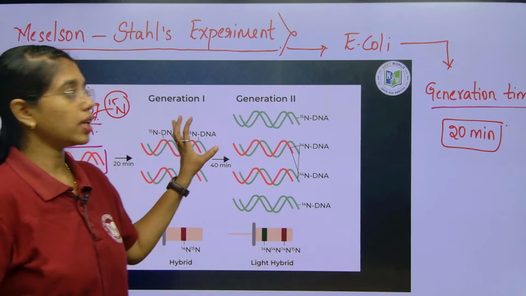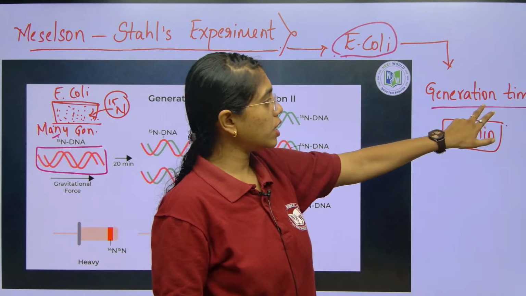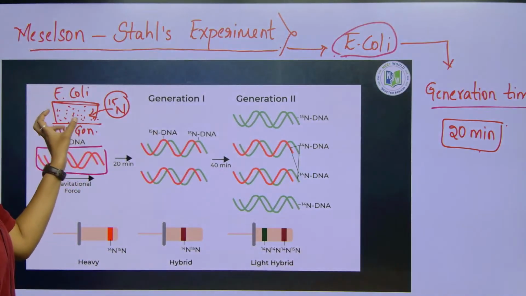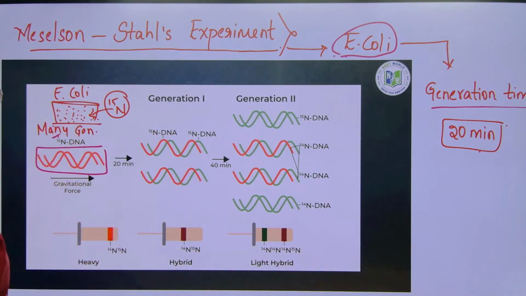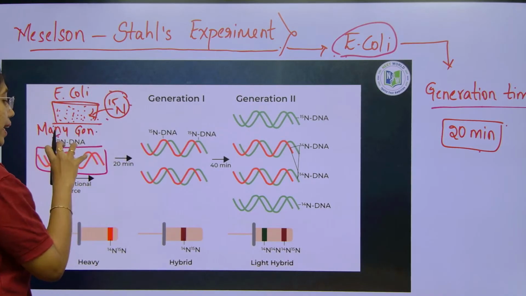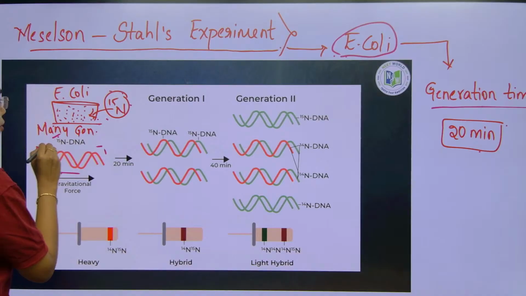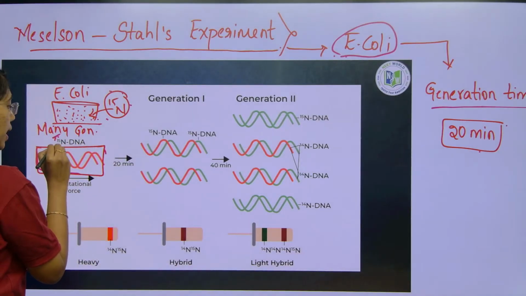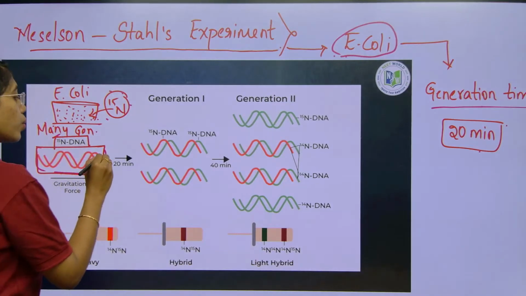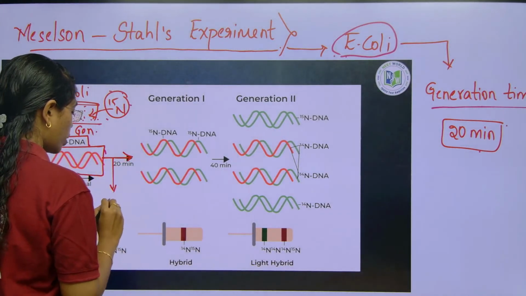So, initially, you are clear with Meselson and Stahl's experiment and the model organism, E. coli, whose generation time is 20 minutes. In the first phase of the experiment, E. coli is cultured for many generations with the heavy isotope of nitrogen, wherein this heavy isotope got integrated into the genetic material of E. coli. In the first phase, N15 DNA of E. coli is present. After 20 minutes of incubation in N14 medium,